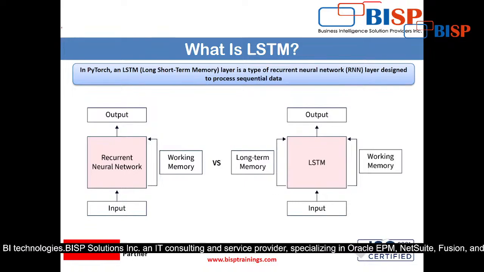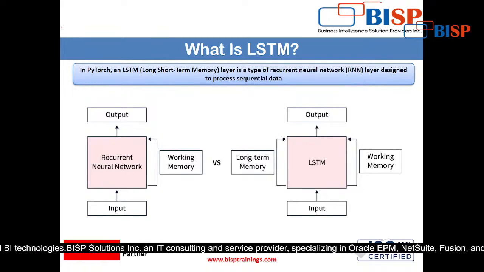What is LSTM? First, in PyTorch, an LSTM layer is a type of recurrent neural network, that we have already seen, a layer designed to process sequential data. Now sequential data means the data which is received during the sequence of time, or for example which is arranged in the sequence of time. For example, sales data. Now sales data is sequential data, right? 2022 data, 2023 data, 2024 data, like this. So it is sequential data, and how it is processed,